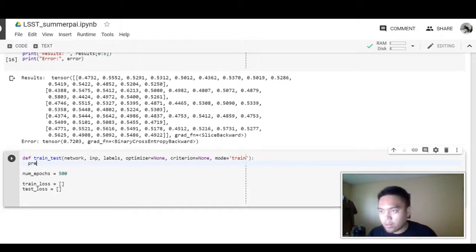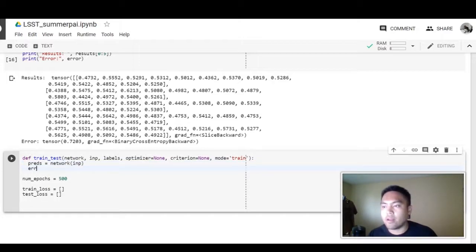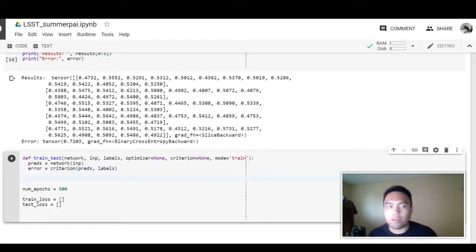Now, in order to train, we need to generate some predictions. So we'll say network inputs, and then we need to generate an error. So then we'll say criterion, and we'll compare the predictions to the expectations. Now, this is where it's a little different. If your mode is train,